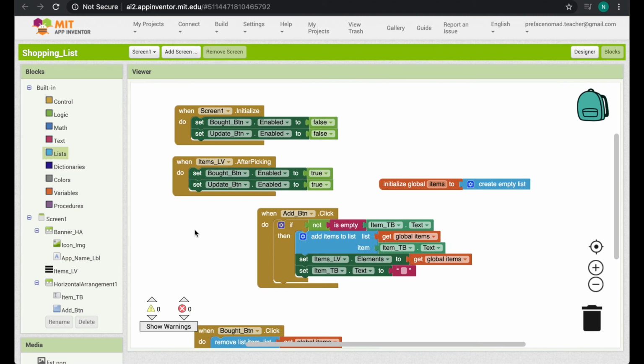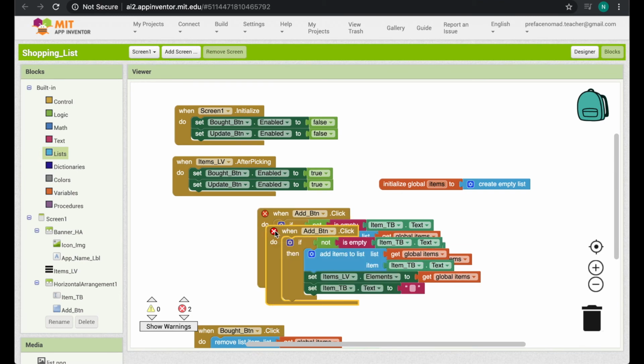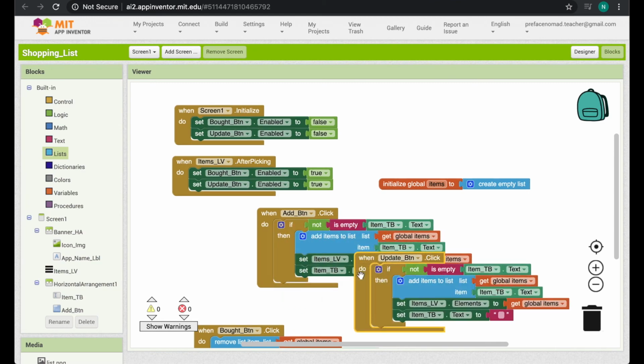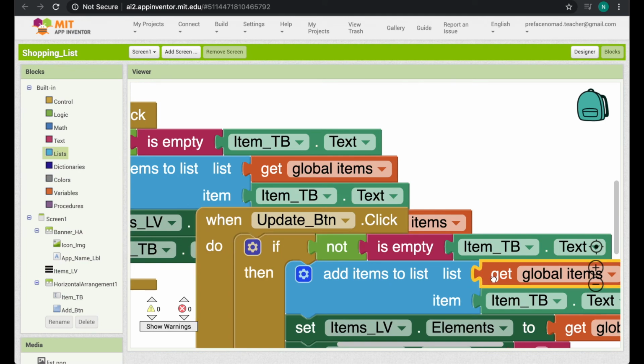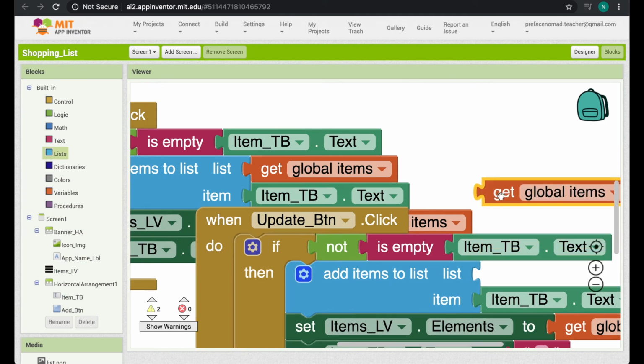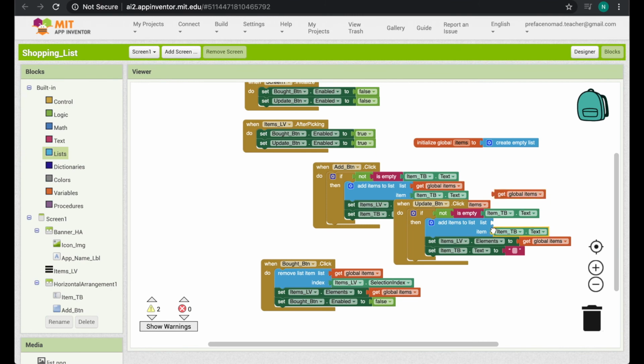So when the update button is clicked, we want to replace the selected item by the input from the users. Let's duplicate when add button clicked, which is over here, and change it to update button. And let's drag these out. And also delete this one